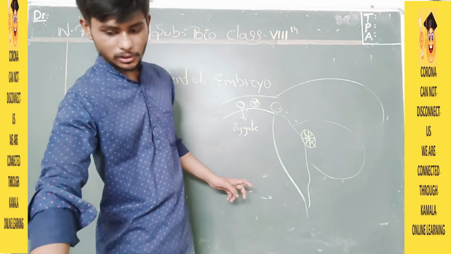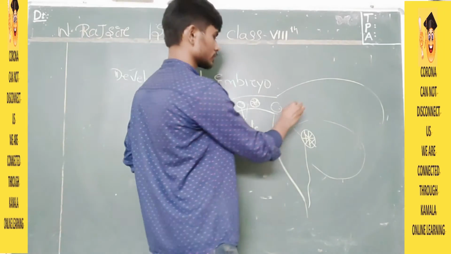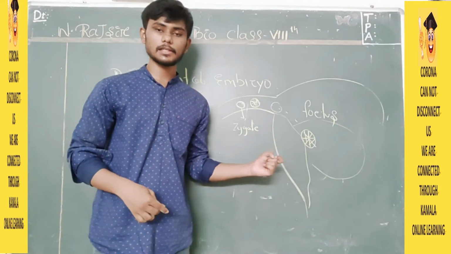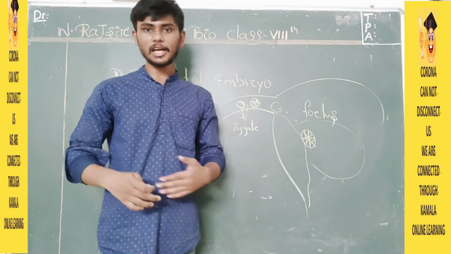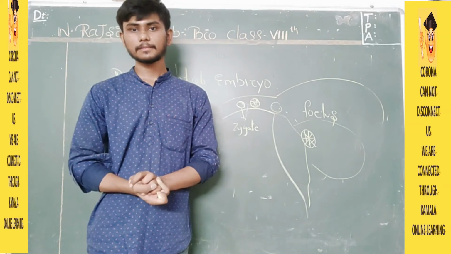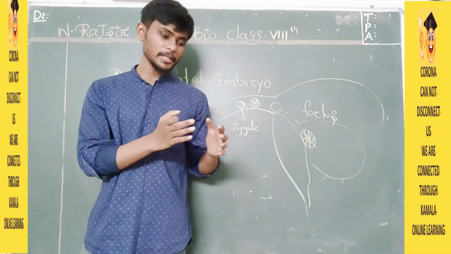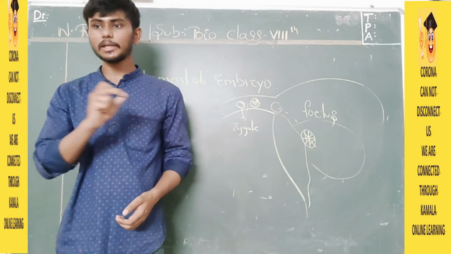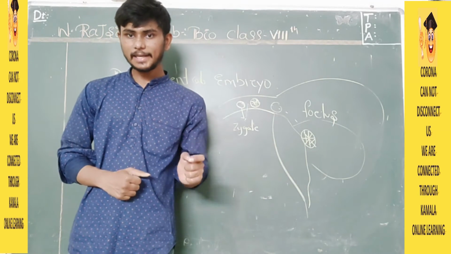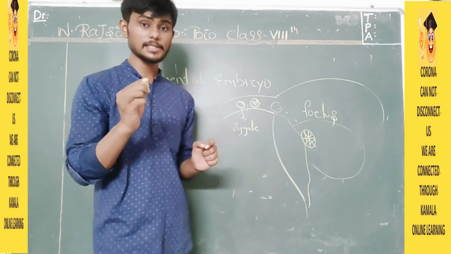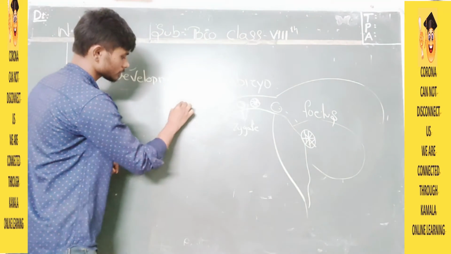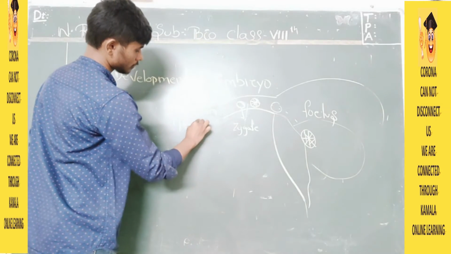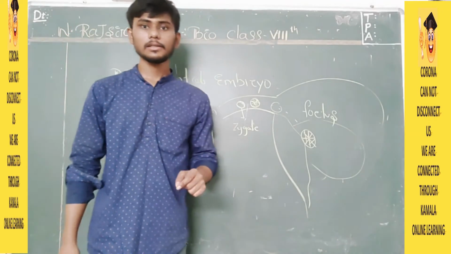And let me write here. So first stage is zygote, second stage is embryo, and the last stage is fetus, and after the growth of the fetus it will turn into a baby. Okay, and the total period from zygote to the completion of the fetus, meaning the baby, takes 280 days. It takes how many days? 280 days, and this period is called the gestation period. Okay.